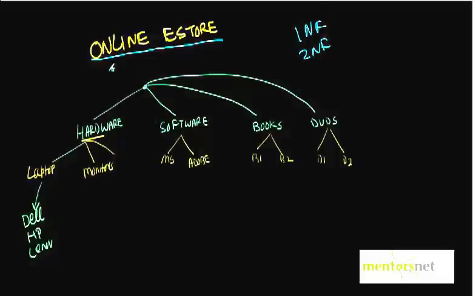Well, so this is the online store. We have a number of categories like hardware, software, books, DVDs, and then every category has different products like laptops, monitors. In software we have Microsoft, Adobe, and so on. And then these products are supplied by different suppliers like Dell, HP, Lenovo, or Microsoft, Adobe, or Amazon, and so on. Also, we have a customer who comes to our website, orders these items, buys those things and pays us the money. So that is how the business runs.